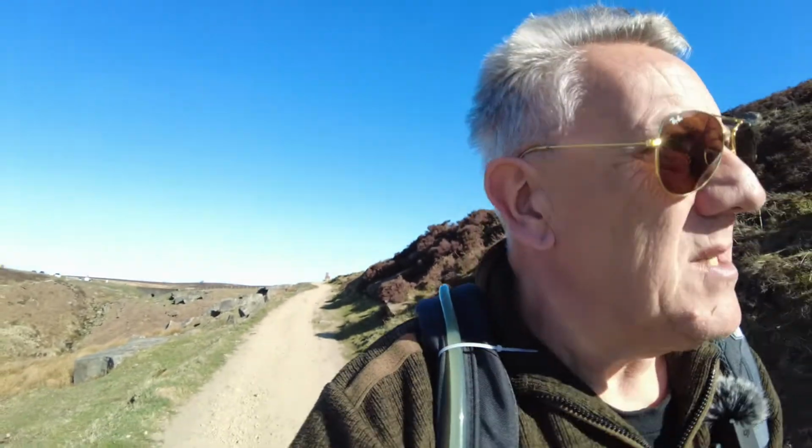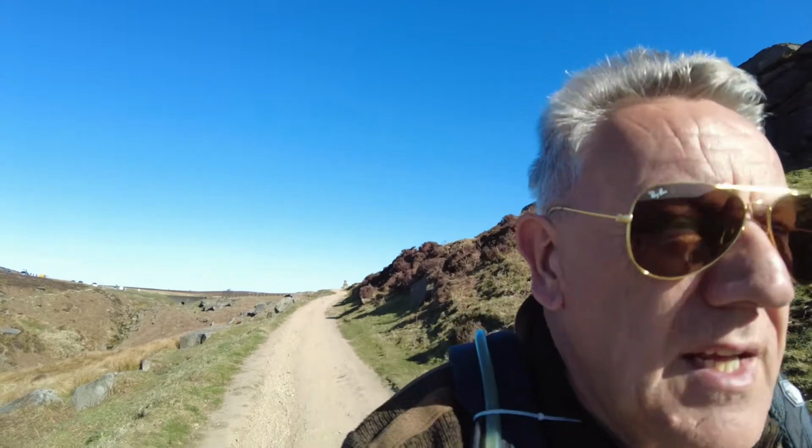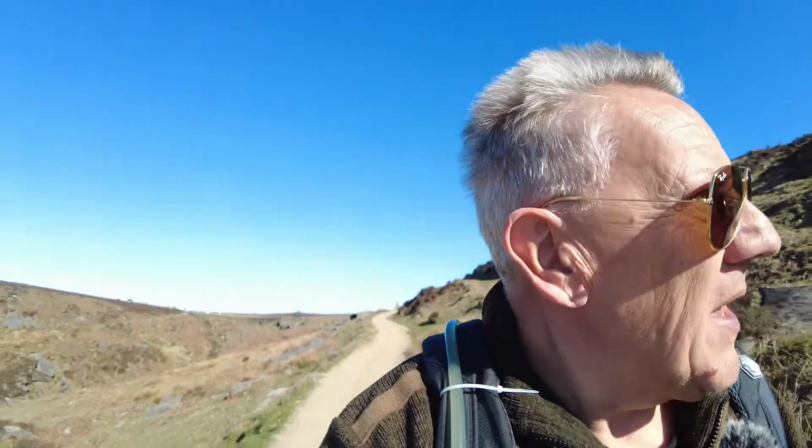And we're back out at Burbage. Should be getting used to this area by now, because this is the third time that we've set off from this location on a circular route, and there are so many routes around here to choose from. This one we started the first time we came out, but this time we're going to go a little bit further as we go along Burbage Ridge, which is on the left here,